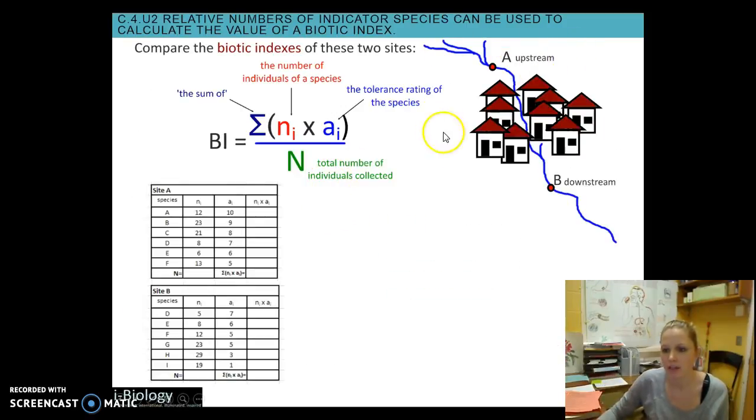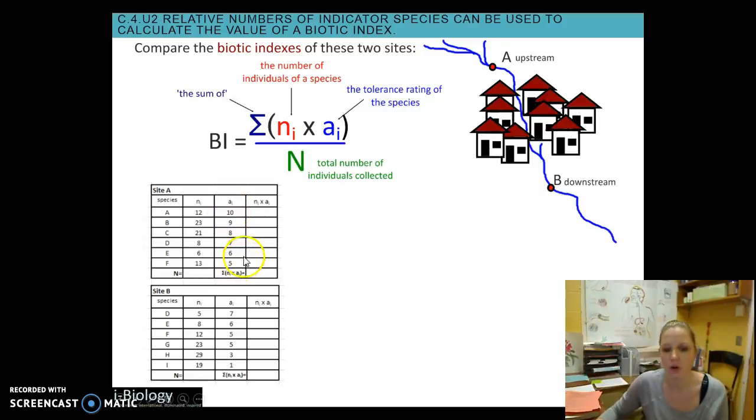So here's my city. I have picked a site above the city, upstream, and I've picked a site below the city, downstream. So I'm going to look at the biotic index of the upstream comparatively to the downstream. Here's my equation. So here are the numbers of various species that I found within the upstream. Here are the numbers of the various species that I found in the downstream. You can see that I have E and F in both locations and D, but I don't have any others overlapping. Again, we're not specifically concerned about which species they are, just their amounts and their tolerance ratings, which are